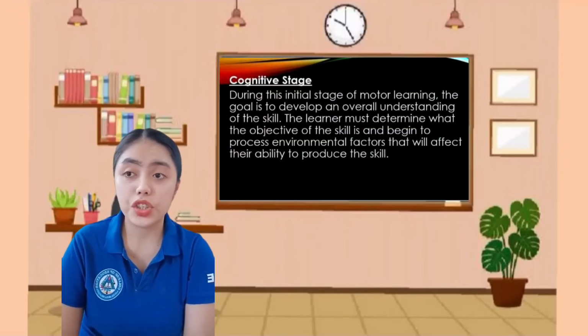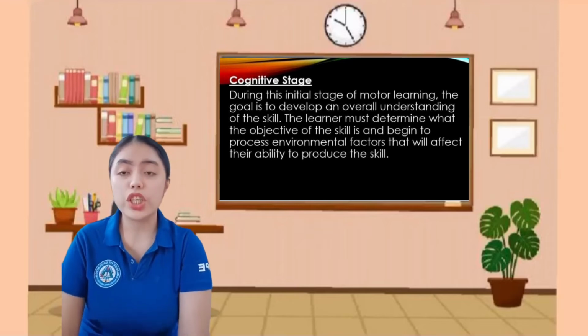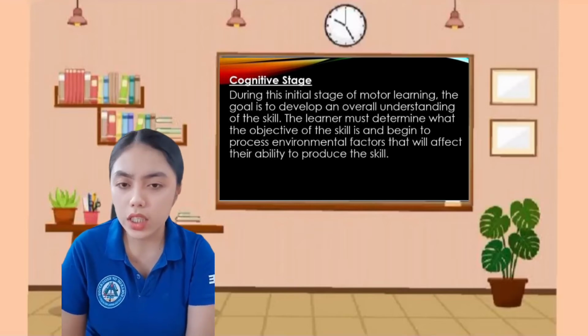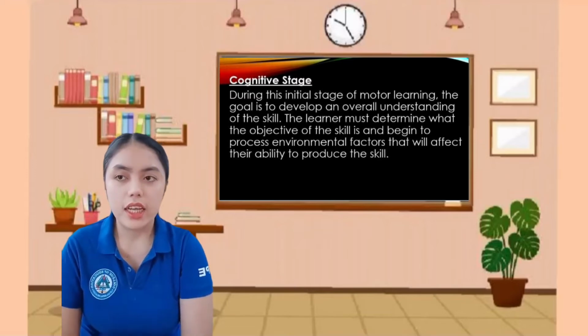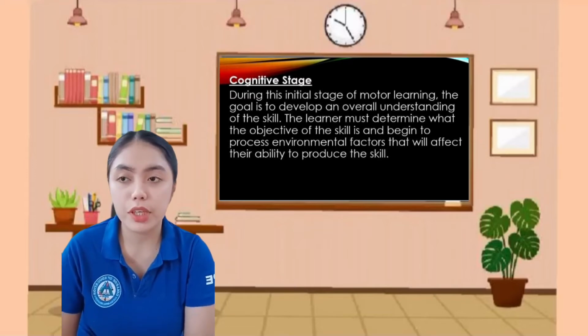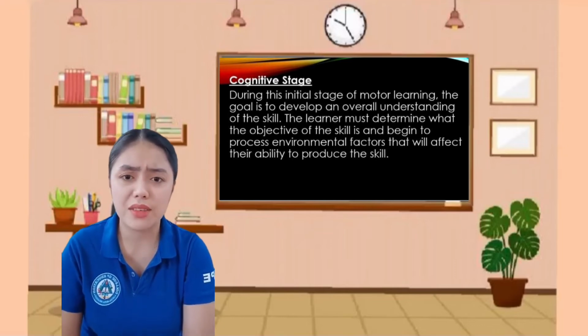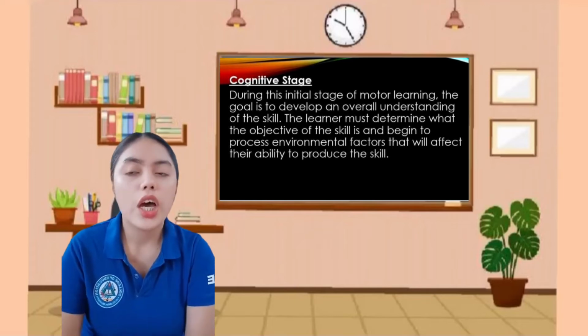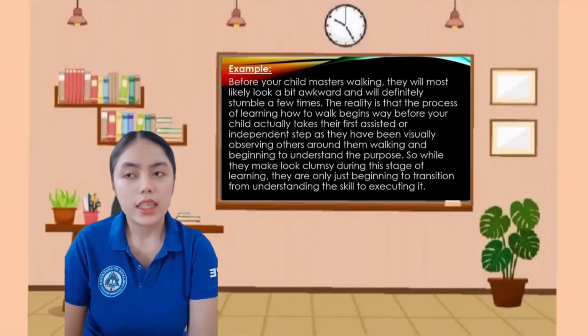Cognitive stage. During this initial stage of motor learning, the goal is to develop an overall understanding of the skill. The learner must determine what the objective of the skill is and begin to process environmental factors that will affect their ability to produce the skill. Example: